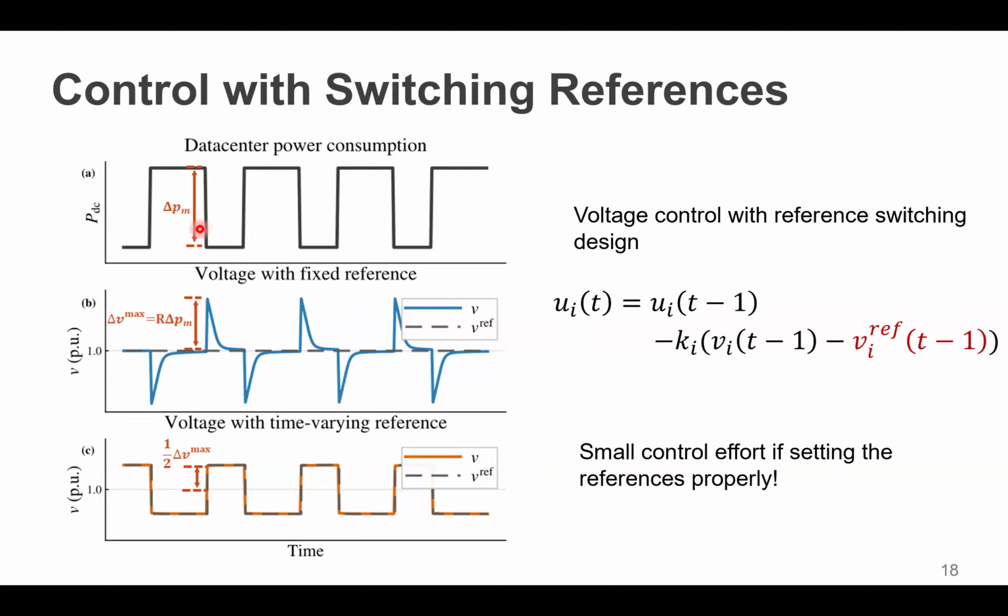So right after the step changes of the power, that step change results from the power changes. But in the next step, because we shift, you have 2 time scales. The load changes a little slower and reference changes a little slower, and then you do control a little faster. I think you are using T for everything. That's my question. Right. It is T for everything, but because that is an iterative algorithm, the V reference T minus 1 is utilized to set up the U for the time step T.